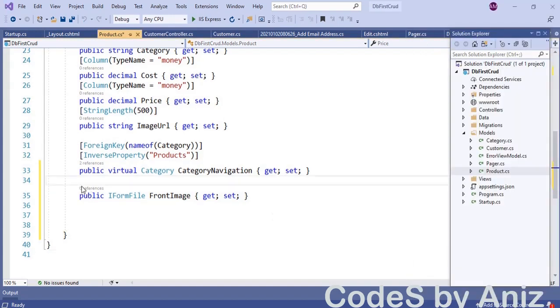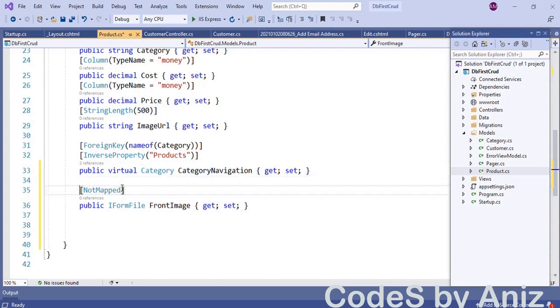Notice I have added a data annotation of type NotMapped to the head of the FrontImage property. This is a very important line. Please listen carefully and understand it. When you use the NotMapped annotation on a property, then EF Core will ignore that field and this property will not be added to the database table. I am using this NotMapped annotation here because I don't want to save the image as a byte array in my table.